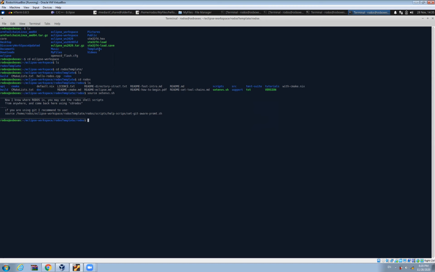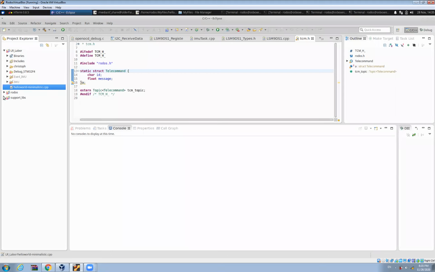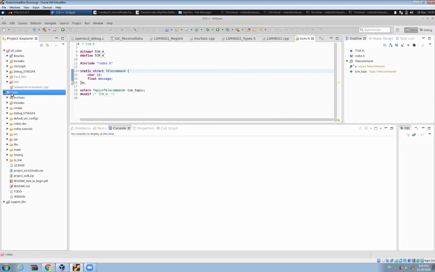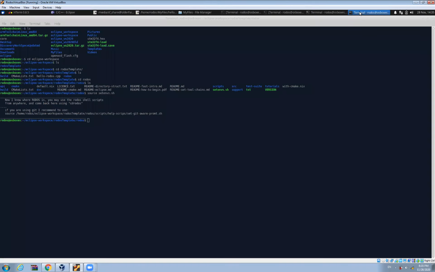First, remember when we did Eclipse, we first made the Rhodos static library. Whenever we have to compile our code, first we have to generate the Rhodos library. So on the command line, we also have to do the same thing. We will generate the Rhodos library with the command Rhodos-lib.sh.